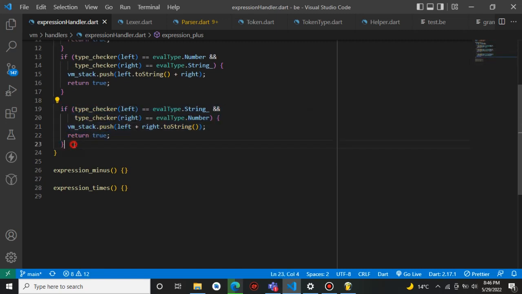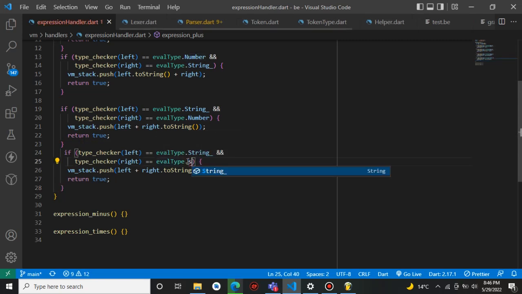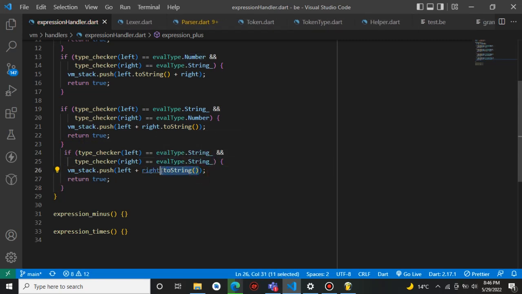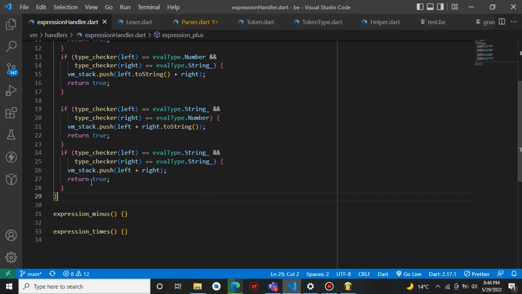And then if this is a string, if both they are strings, and then it's not necessary, so else we have an error,